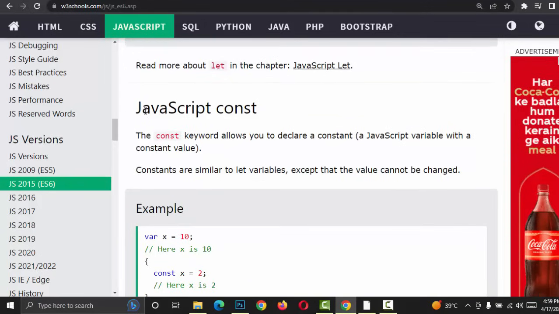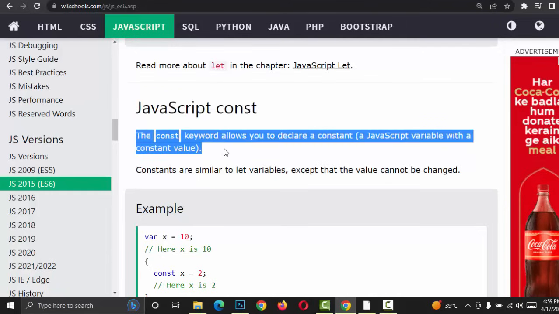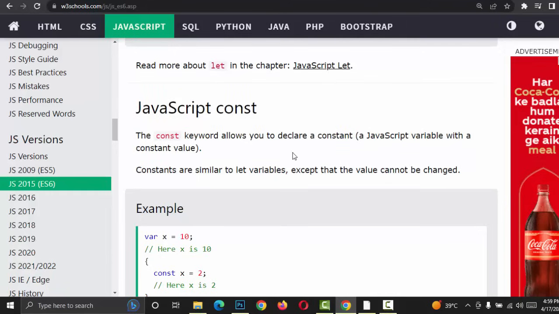Then the JavaScript const keyword, that is also a very important keyword. As you can see, the const keyword allows you to declare a constant. See, what is the meaning of a constant? Constant means that if you assign a value to a constant variable, then that value becomes fixed. Fixed means you can't change that value anymore. Like, if I want to give you an example that you had already heard